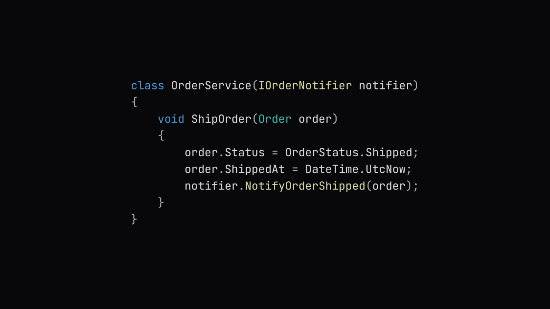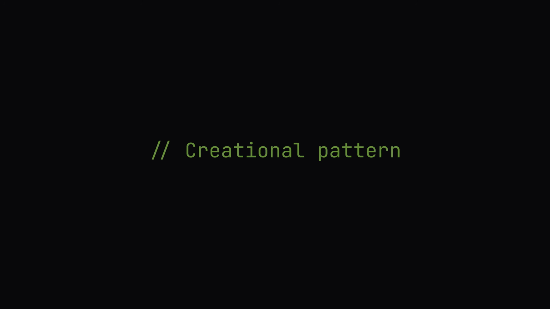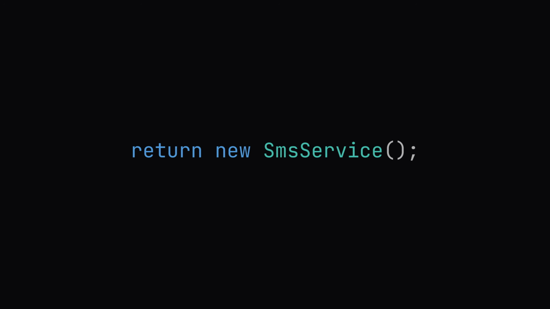What if we wanted to send notifications based on a user's preference, where one user wanted to receive emails, but another user wanted to receive push notifications? Well, this is where the factory pattern comes in. This allows us to create strategies based on runtime information. The factory pattern is a creational pattern that provides us a way to create objects without specifying the exact type. So in our case, given a user's notification preference, it can create an email service, an SMS service, or a